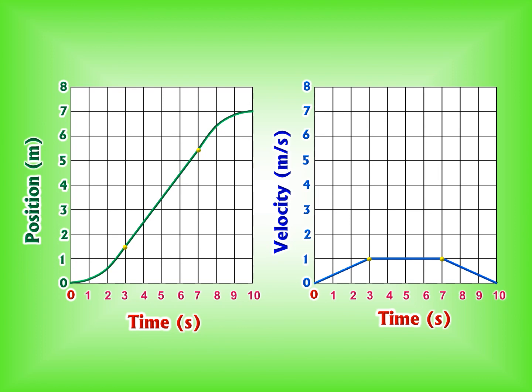So now to get the acceleration, we would take the change in velocity over a given interval of time, and I did not do that graph. So just keep in mind what you would see on that graph is a positive acceleration between 0 and 3 seconds, dropping to 0 between 3 and 7 seconds, and then going negative by the same amount that it was positive, you'd have a negative acceleration between 7 and 10 seconds. And that would, of course, be meters per second squared as my unit.